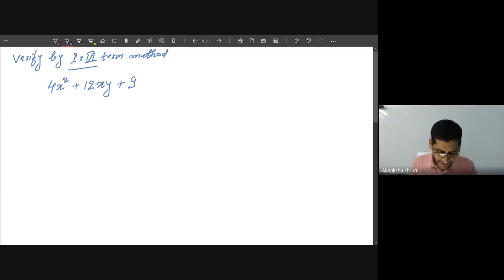Those students who could not understand this splitting middle term, please try to understand once again here. You were asking, मैं अभी यहाँ पे थोड़ा explain करता हूँ. देखिए, here the A and C you have to multiply. What is A? A is 4, B is 12, and C is our 9. What is the very first step? First step is A into C you have to calculate. So this is 4 into 9, 36. Yes, it is 36.